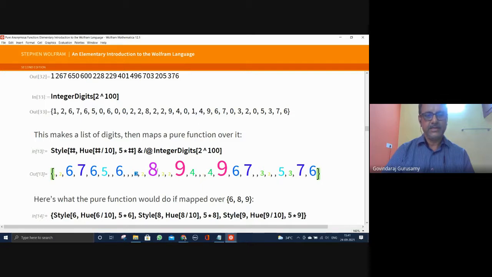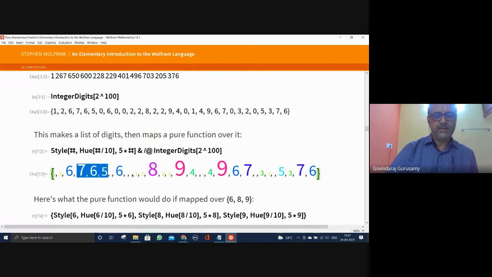2 is here, 8. So you can see every time you have 1, 2, 6, 7 to 6. Then 5, 0, 6, 5 is available, 6 is available.